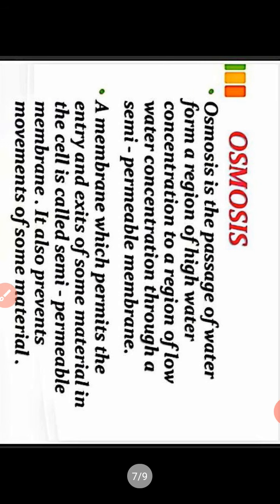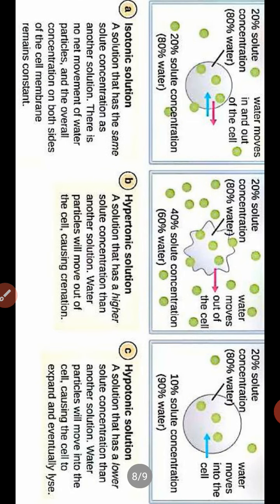First, to understand osmosis, we have to understand the different types of solution. So what is a solution? A solution is the mixture of solvent and solute. Take the example of salt solution. In salt solution, the water is the solvent and the salt is the solute. If we add solute into the water, then it becomes a salt solution. But the different types of solution depend on the concentration of solute.